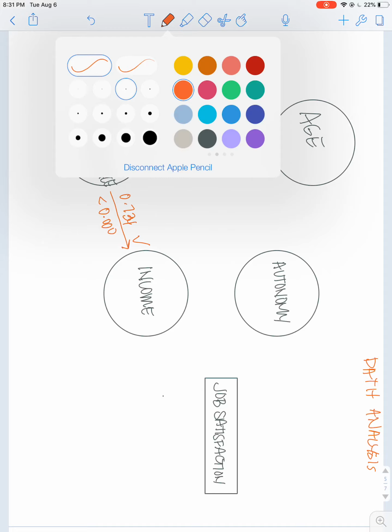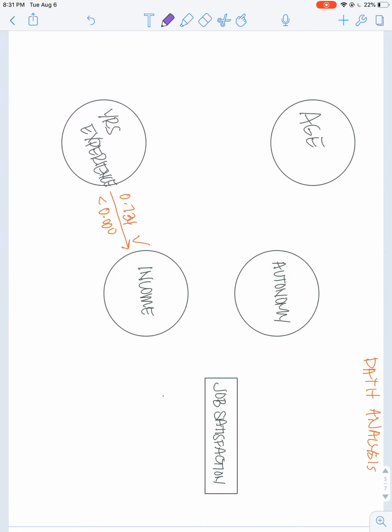Our second layer, let's choose another color here. Let's do purple, is we're going to look at the years of experience in relation to autonomy and whether age affects autonomy. And in this case, we have a coefficient of 0.083, which is very low, and a p-value of greater than 0.01. So we're not going to keep this one in our